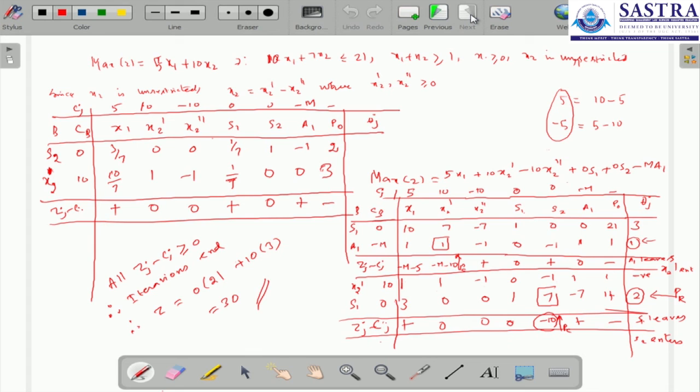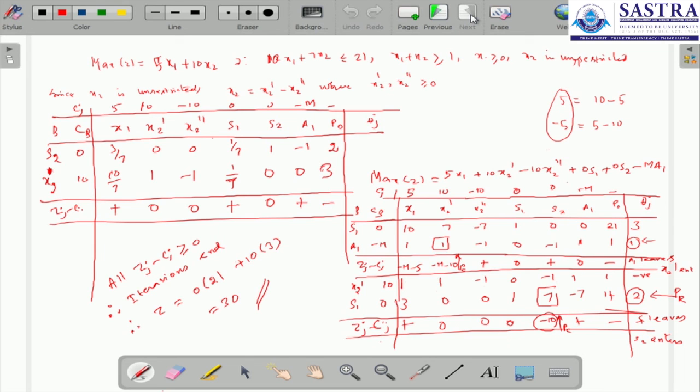So, when all Zj minus Cj become positive, we end the iterations and we substitute the values of the basic variables in the basic variable basis column and the P naught column, correspondingly multiply the Cb and the P naught and add to declare the answer. So, this is the idea behind the unrestricted variable role in a linear programming problem,